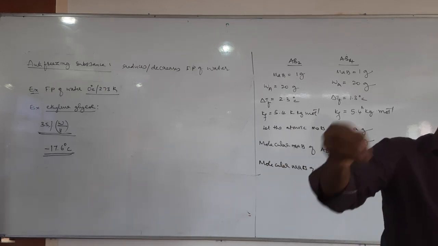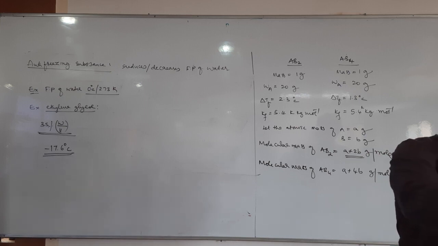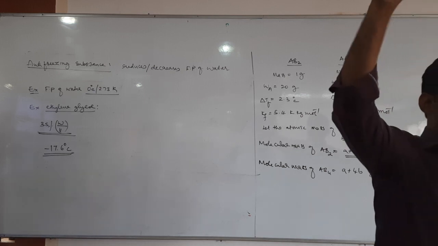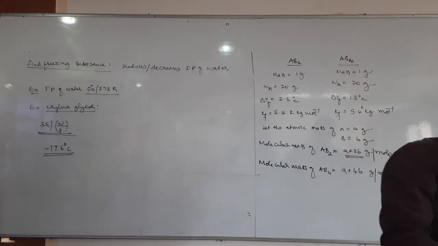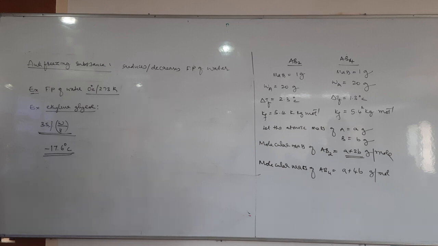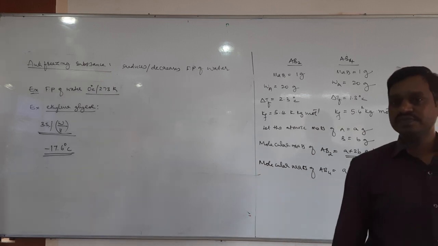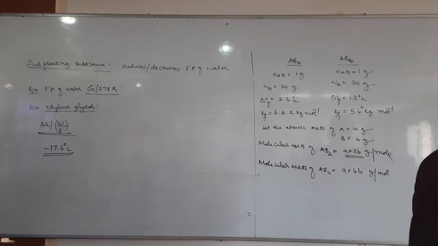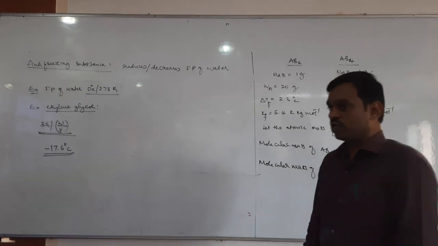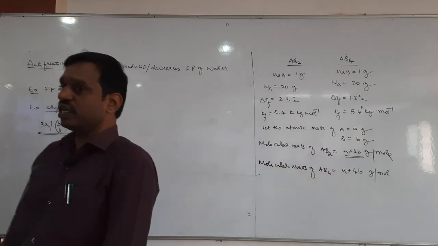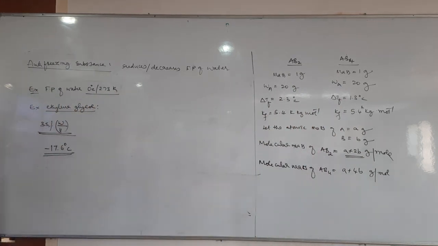So therefore, when we add sodium chloride and calcium chloride, instead of 0 degrees Celsius, the water has to freeze at minus 10, minus 20, minus 30 degrees Celsius. That means at 0 degrees Celsius the whole ice gets converted into water, which means the road becomes clear. So to clear the roads, calcium chloride and sodium chloride are used. This is also one application of freezing point depression. Sodium chloride and calcium chloride are also anti-freezing substances; they reduce the freezing point of water. Okay, so next,